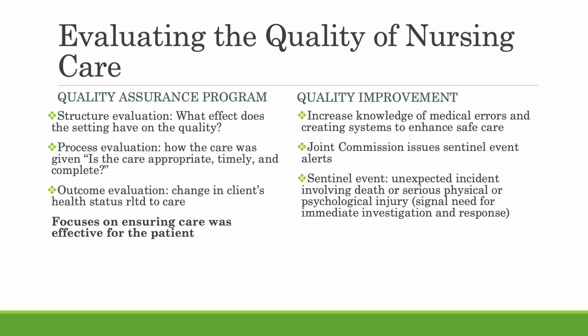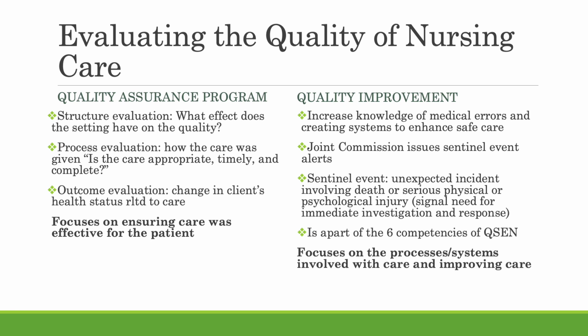The Joint Commission sends out alerts about these events to all the different healthcare facilities to ensure that these events don't happen again. And quality improvement is a part of the 6 competencies of QSEN, and it just focuses on the processes and the systems involved with care and improving care. So quality improvement focuses on the processes and the systems,